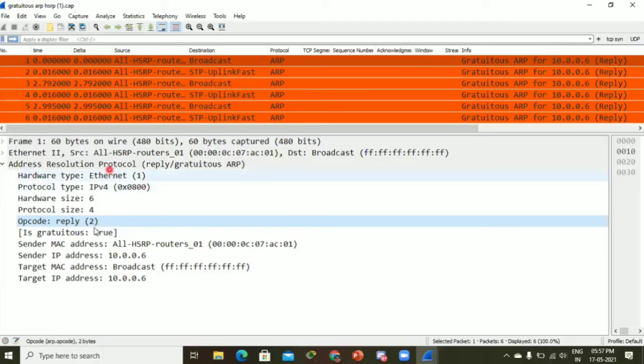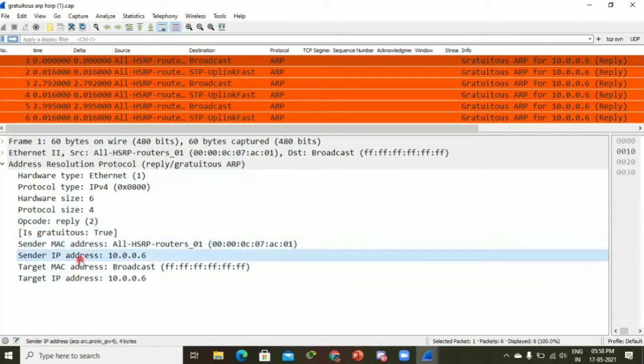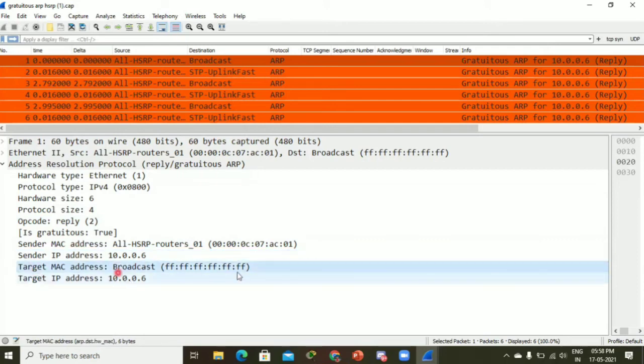Okay. Now let's see the fields. The sender MAC address is the MAC address of the default gateway, and the sender IP address is the IP address of the default gateway, and the target MAC address is broadcast.